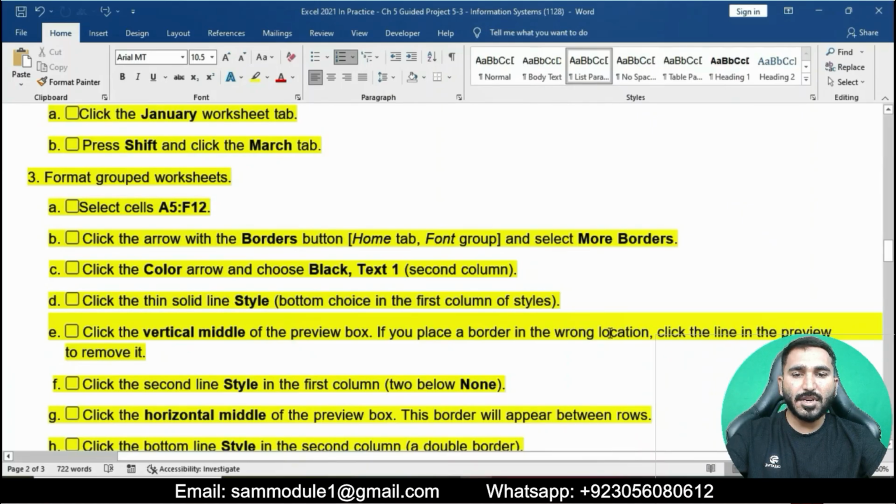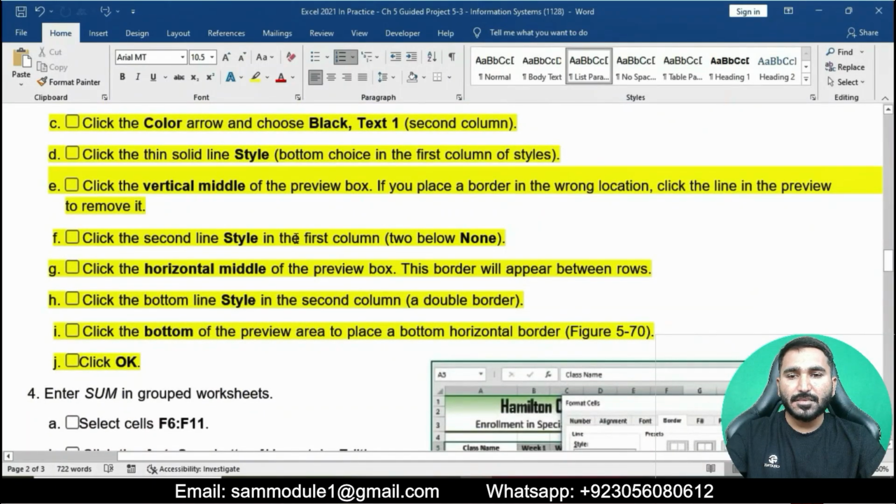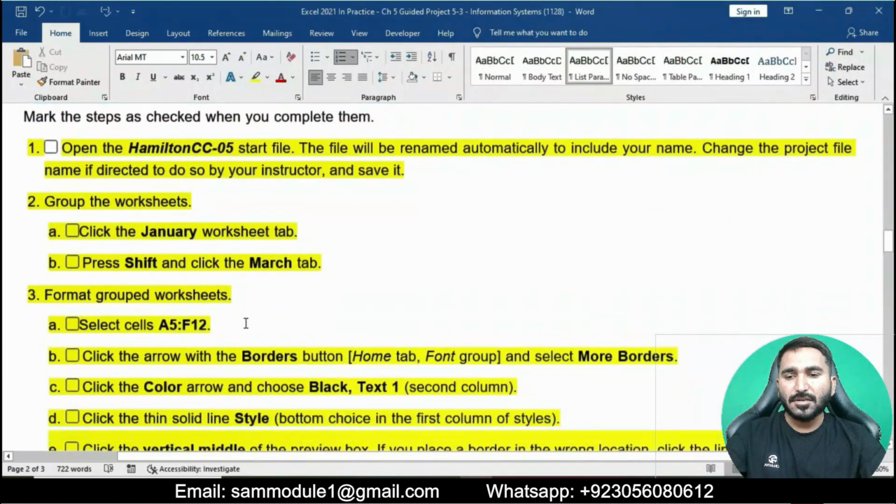If you place a border in the wrong location, click the line in the preview to remove it. Then click the second line style in the first column. Then click the horizontal middle of the Preview box. The border will appear between rows. Click the bottom of the Preview area to place a bottom horizontal border.